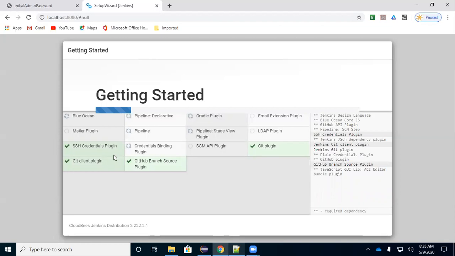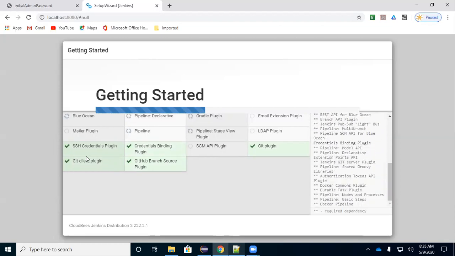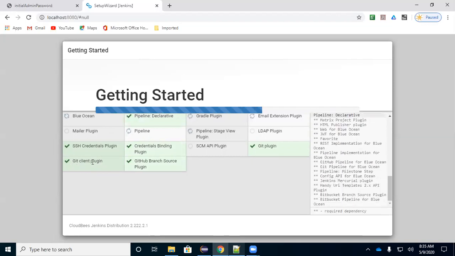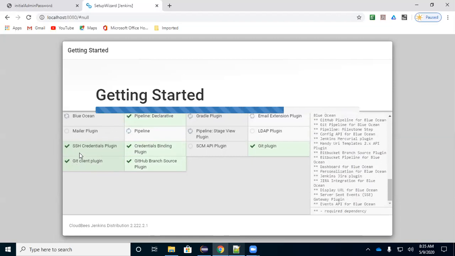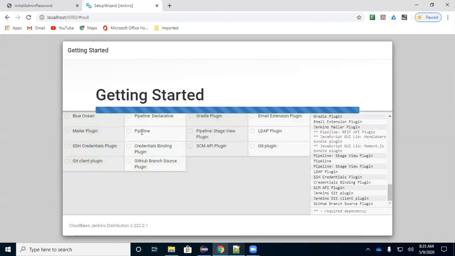These plugins will be installed in your Jenkins. You can see the Git client plugin is installed, SSH client credential plugin installed, pipeline installed. There are some plugins which are required, Git plugin is there. We'll wait until all the plugins get installed into your Jenkins.